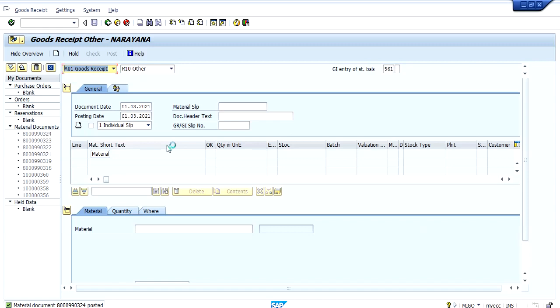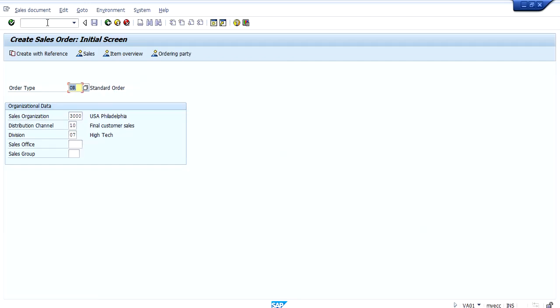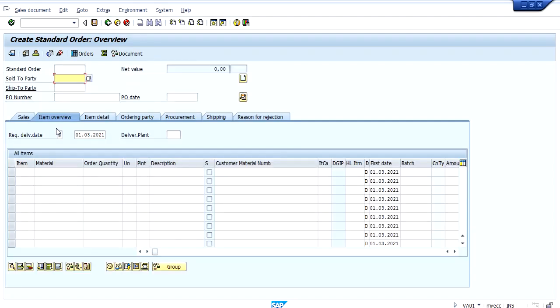Now we can go ahead and see, by creating a sales order, which batch the system will pick automatically. Now let us execute the VA01 transaction to create a sales order. So this is the sales area for which we have assigned the batch procedure. Click on enter.